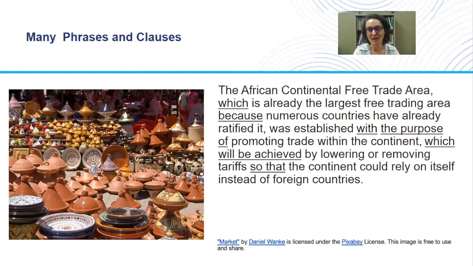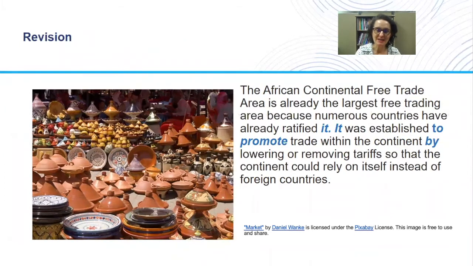This is one sentence, and it is very complicated. Please take a moment to read it. I hope you agree that this sentence would be much more understandable if the writer could revise it. Here is one version. This version contains two sentences, and some of the phrases were also modified. But this is still very academic or very professional, but it is much more understandable for the reader.